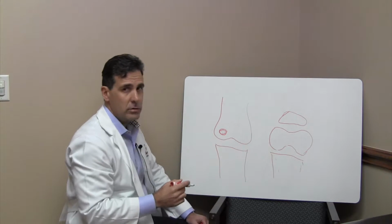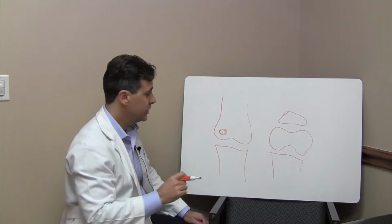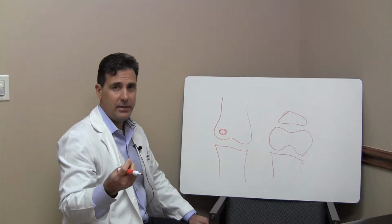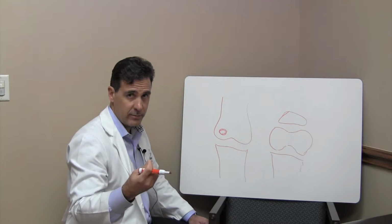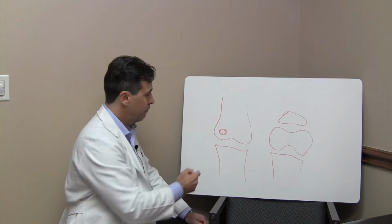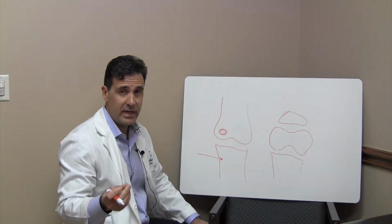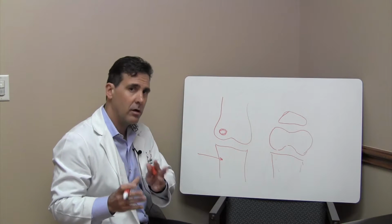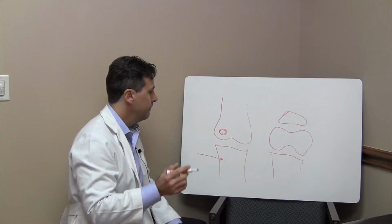Once we create the drill holes, sometimes you can do this arthroscopically or you can do it through a mini open approach. We go in and we actually inject a very pasty configuration of cartilage donor graft, which is from a cadaver, mixed with bone marrow aspirate, meaning that we take bone marrow from up here in your tibia, we suck out about 60 cc's of bone marrow, spin it down to get bone marrow aspirate concentrate, and those stem cells in the bone marrow are mixed with this cartilage paste or this cartilage cadaver graft,